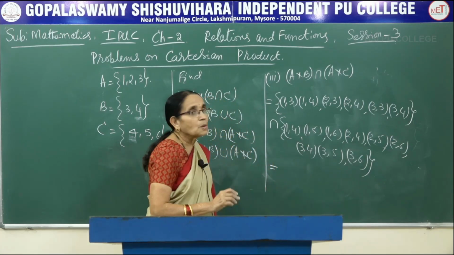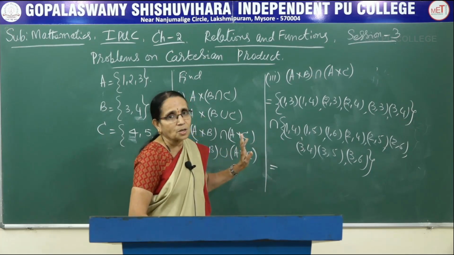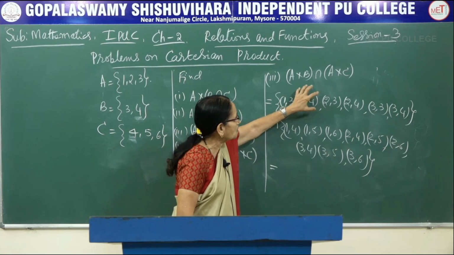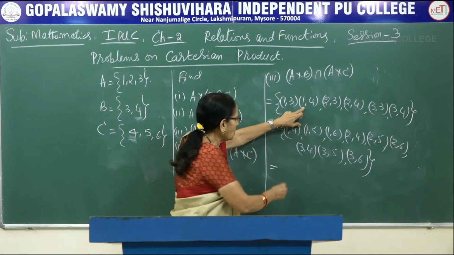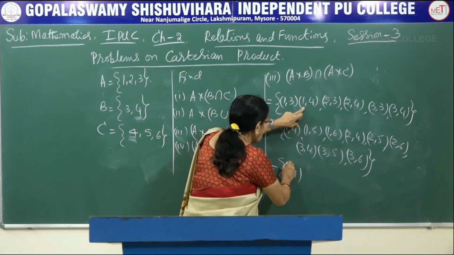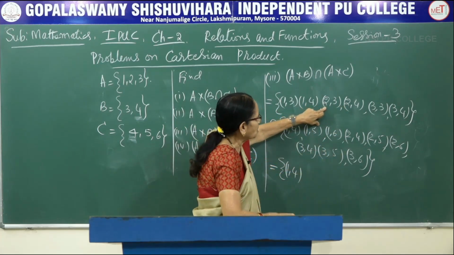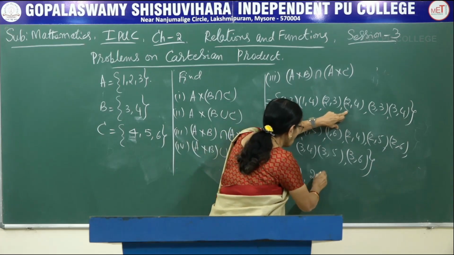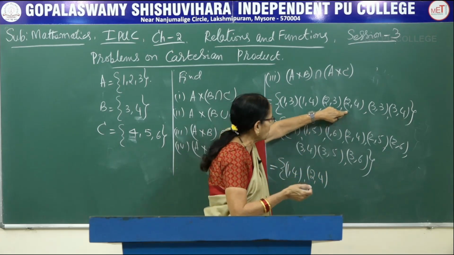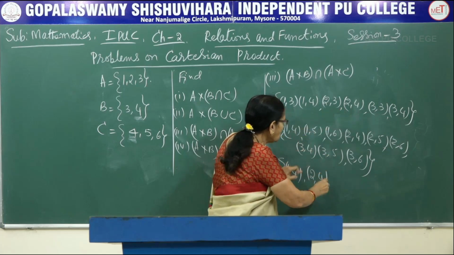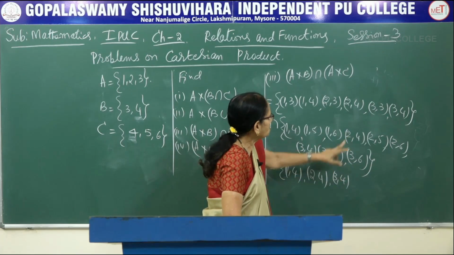Now carefully we will select the common elements because we have the intersection in between. Intersection means the elements which are common in the first set as well as in the second set. Let us see. (1,3) is not here. (1,4) it is there. So take only the common elements. Go in the same order. Then (2,3), is it present? It is not there. (2,4), isn't it? So you write that one. If you write in the same order in both of them, it's easier for you to find the value. (3,3) we do not have. (3,4) is there.